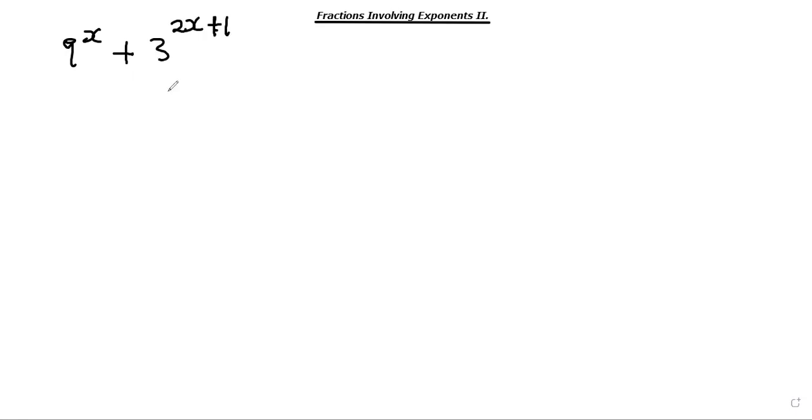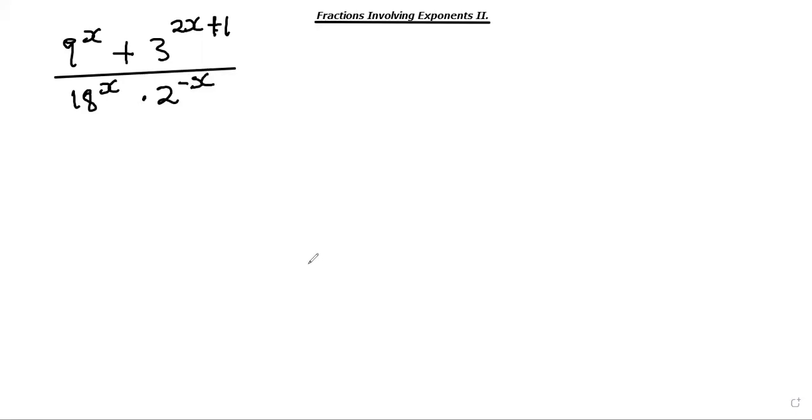And then you say the whole thing is divided by what? By 18 to the power x times 2 to the negative x. So simplify this